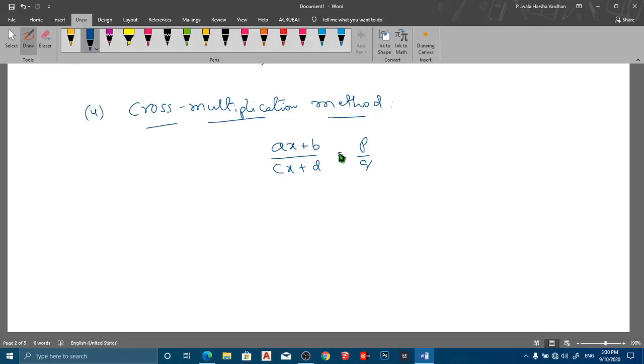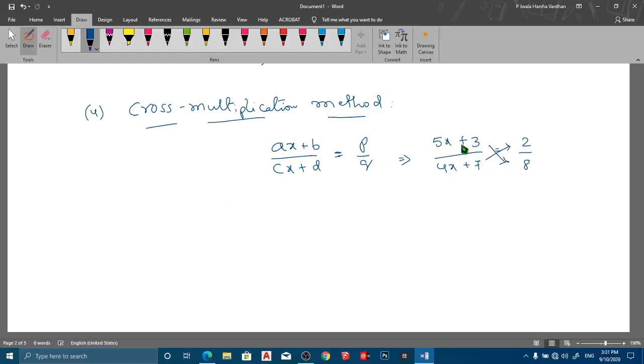How to convert these? So for example, in place of these letters, the problem is given as (5x plus 3) by (4x plus 7) which is equal to 2 by 8. Okay, so the problem will be in this form. Actually, this is the generalized form. In place of a, b, c, d, p, q, you will get these types of numbers. Now you have to solve by cross multiplying these numbers.